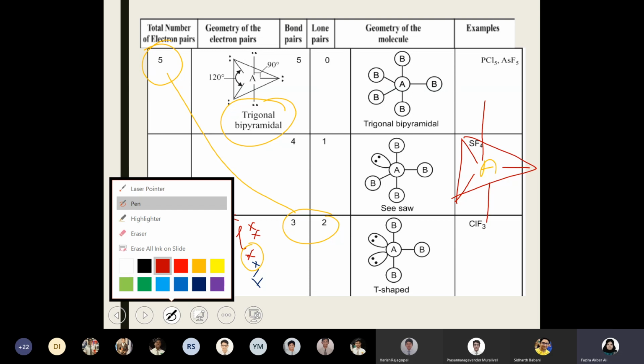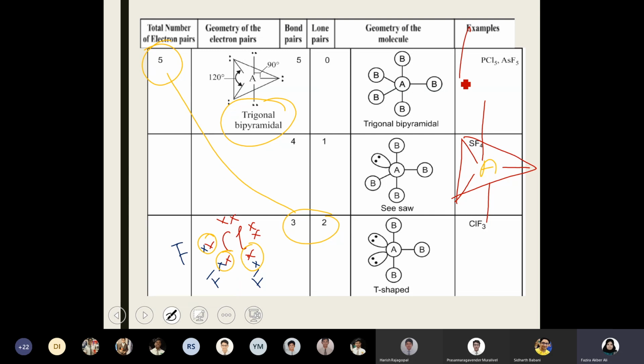But the question is, which 2 lines will you remove? Will you remove the lines above and below the plane so that the shape of the molecule will become a triangle? If you remove the above and below lines, then the shape of the molecule will be a triangle. But in reality, the shape is T shape. So my question is, how do you come to the T shape? Why don't you remove the 2 lines above and below the plane? Because the lone pair repels the 90 degree bonds more than the 120 degree bonds.